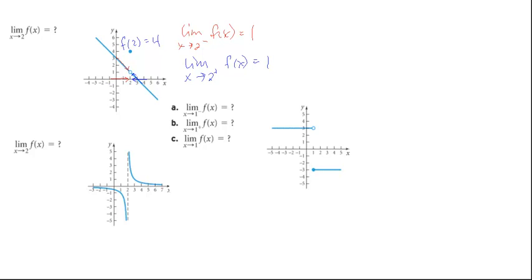Okay. Let's take a look at this one on the bottom left here. Again, this is still looking at x approaches 2 from both the right and the left at the same time. And we run into a little problem here, because as we approach 2 from the left, what's that limit? It does not exist, and in fact goes to negative infinity. And if we look at from the right, as we get close to 2 from the right, where's the right side of that function going? That limit also does not exist, and it goes to positive infinity.